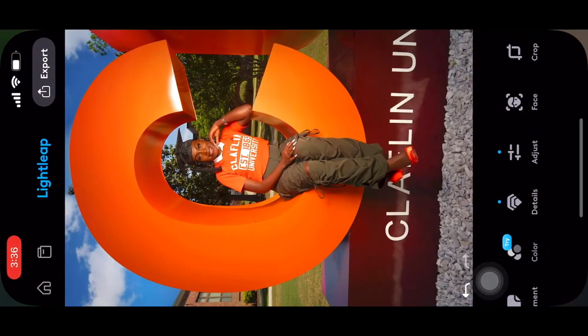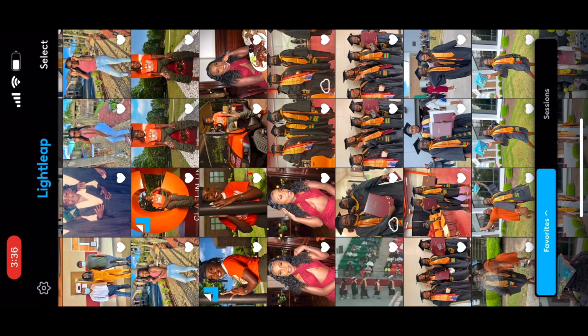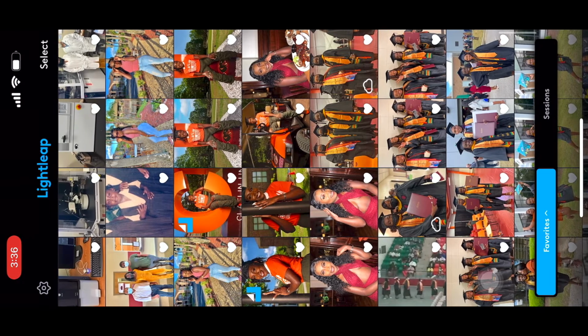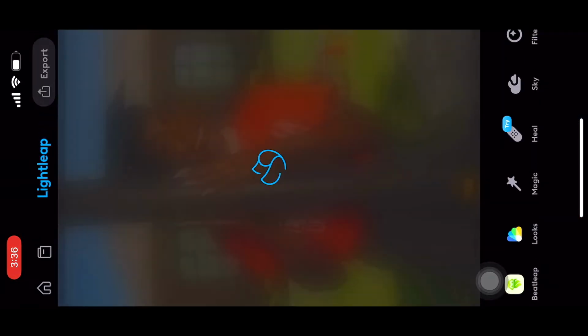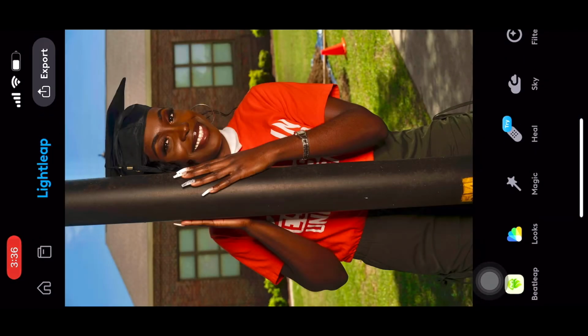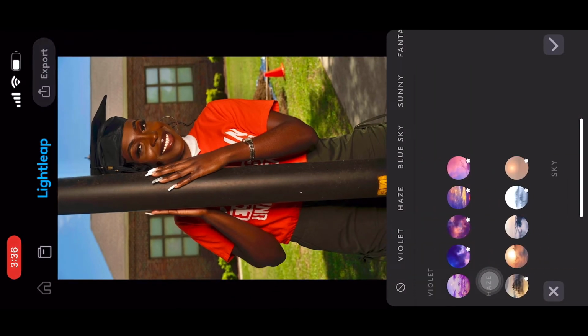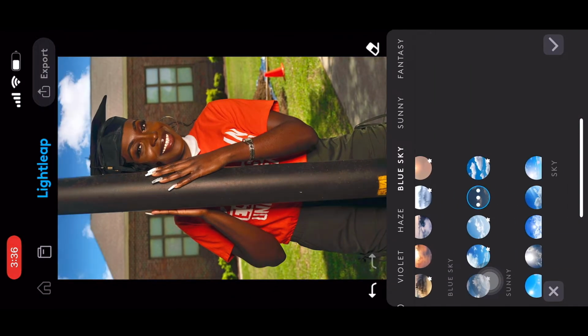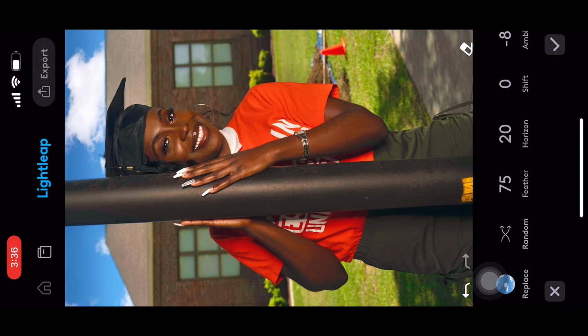So the next thing that I did was go into Lightleap, and here is a picture that I was editing, but let's move to the picture that I'll be editing for today's video. So in Lightleap I use the sky feature, and this is for changing the look of the sky in your background. So you can see I'm using the replace feature, and I'm just changing the type of clouds that you see in the background,